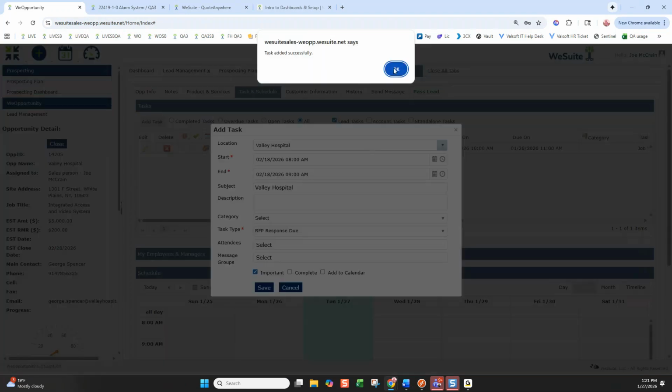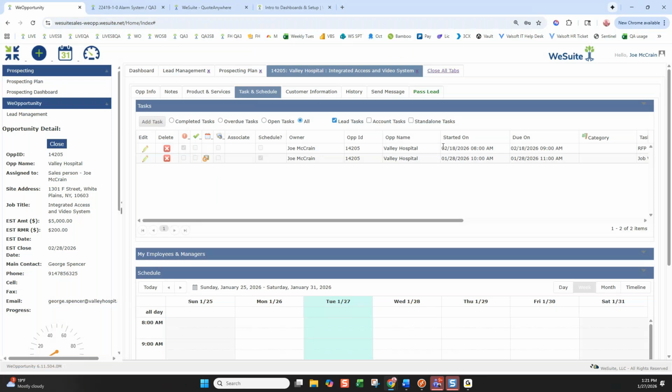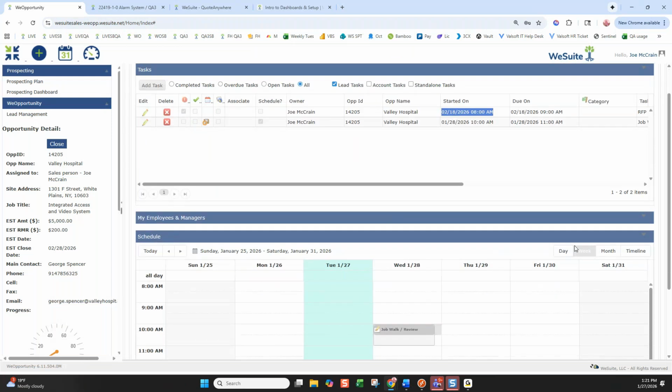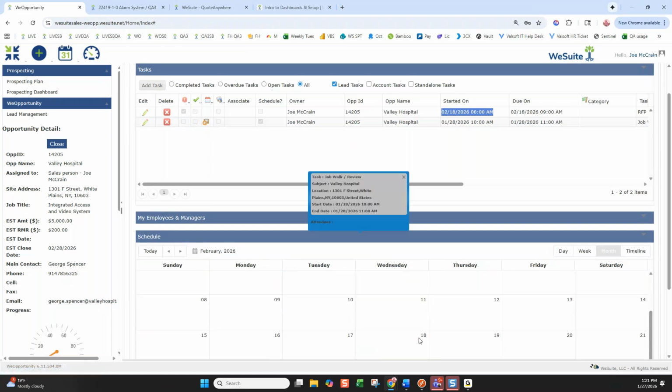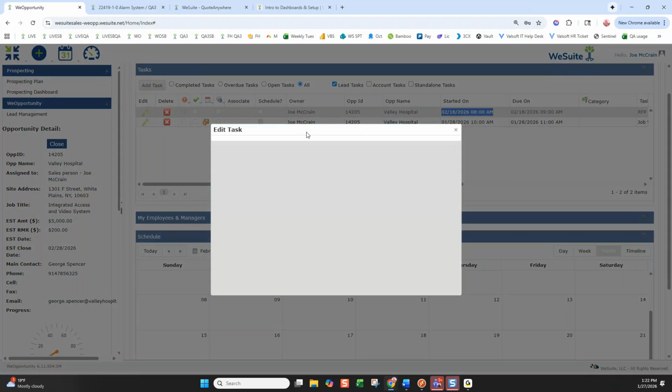There's the task. I see the task here. I have to do that on February 18th. But if I were to move to February 18th over here, it doesn't go on my calendar unless I click add to calendar. So if you just want to put, as an example,